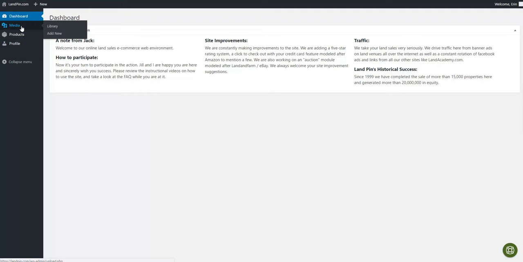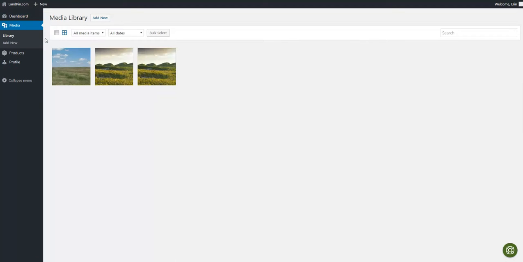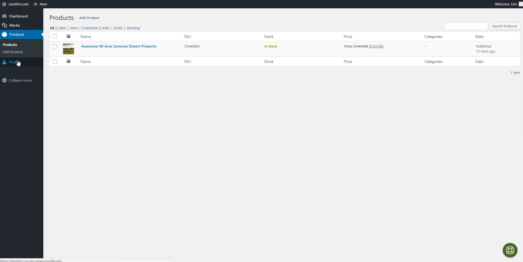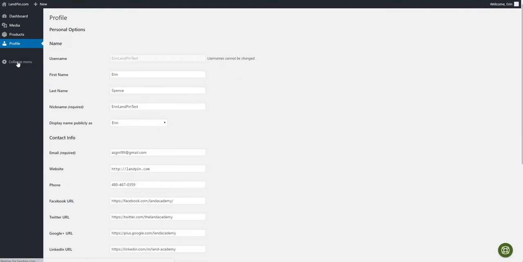So first on the left you have the Media tab, which is where you can access any images you have uploaded for your properties, and you can also add new images by selecting the top button here. Next is Products, which we will come back to, and then Profile. It is very important that you fill out your profile as completely as possible before you post any properties. There is more information on this in a document titled Editing Your Profile that you can find by searching in